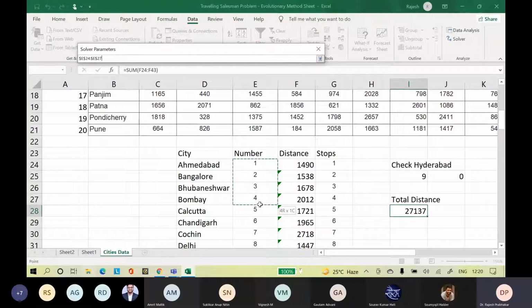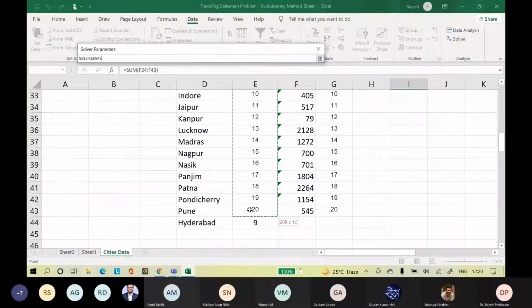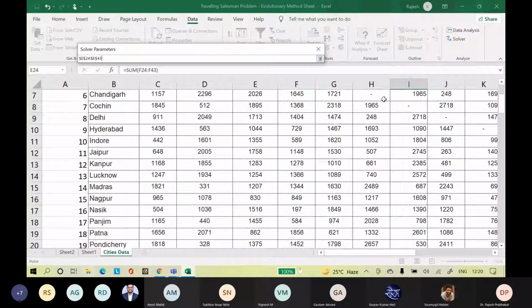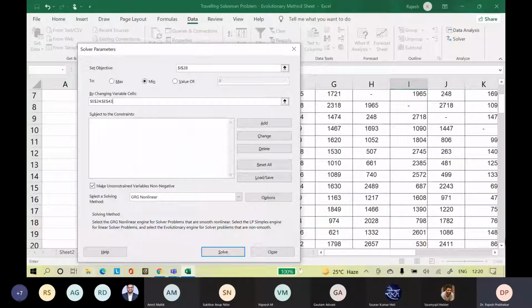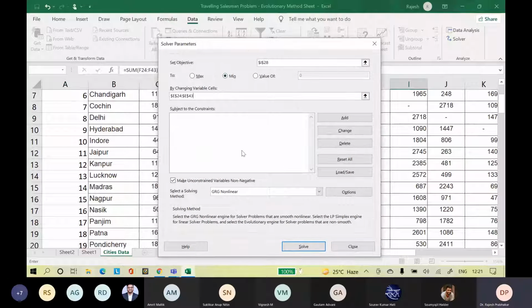By changing the cells, these cells. Till 20, don't select Hyderabad. By changing the cell till Hyderabad, sorry, no, don't take Hyderabad, till Pune.